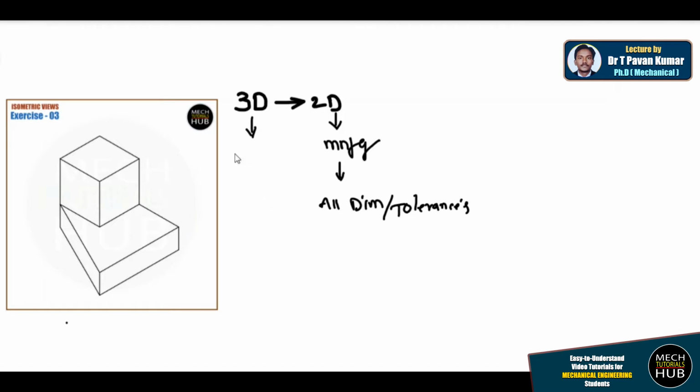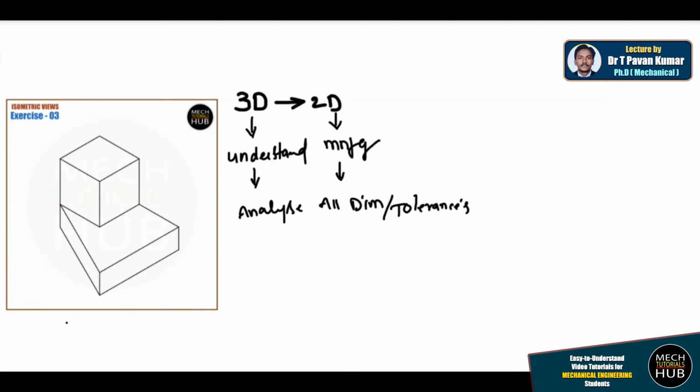And this 3D model will help you understand the component or the object, how exactly it is going to be after manufacturing. By using this 3D model you can analyze whether it will withstand the working conditions or not, and you can also see the effect of how the object is going to be after the manufacturing. Alright, so basically this is the component that I'm going to discuss now.